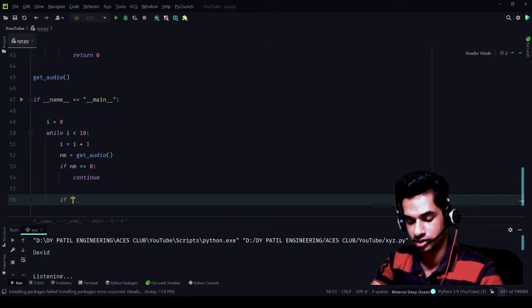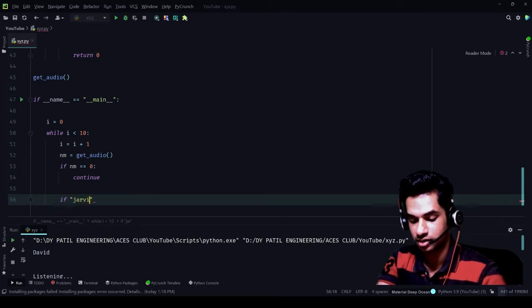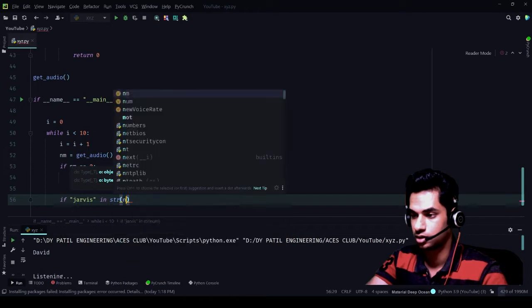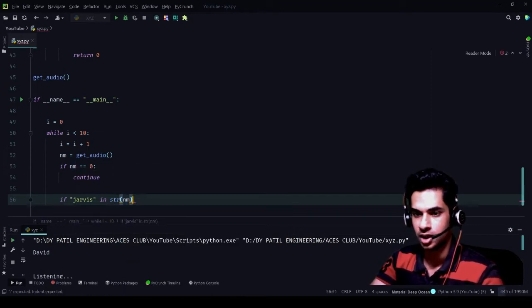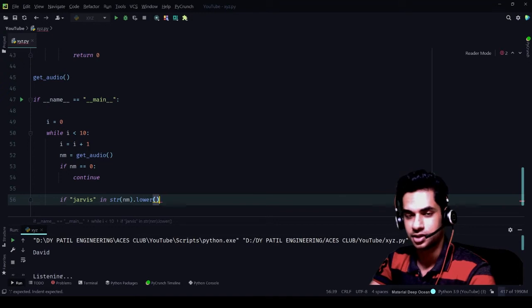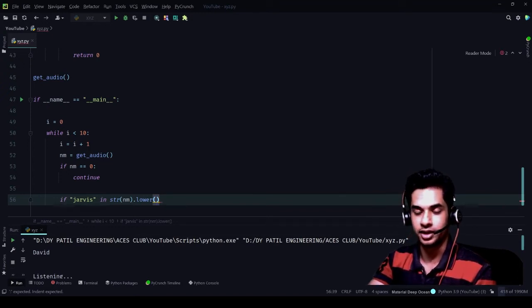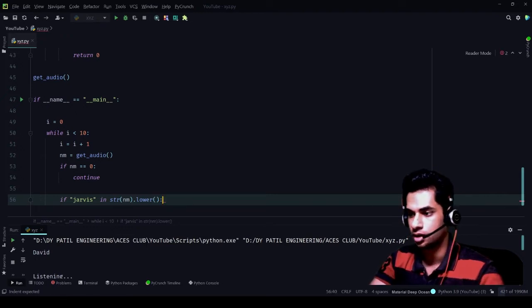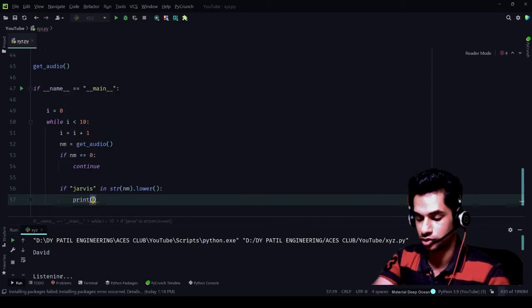I'll write now: if, now what do you want to call the assistant? I've kept my assistant's name, you can call it maybe Jarvis, very typical. You can just stick to that. In string, in the parameter we are giving nm, where we are storing the audio from the get audio function, then we are setting it to lower. That means whatever we speak, sometimes the Google text to speech will translate the audio into text with the first character as a capital. So that sometimes doesn't match with these words. That is why we are doing lower: if Jarvis is present in what we speak, and all the letters are in lowercase, then it will match with this Jarvis that we have written here. Then it will print on the output screen,